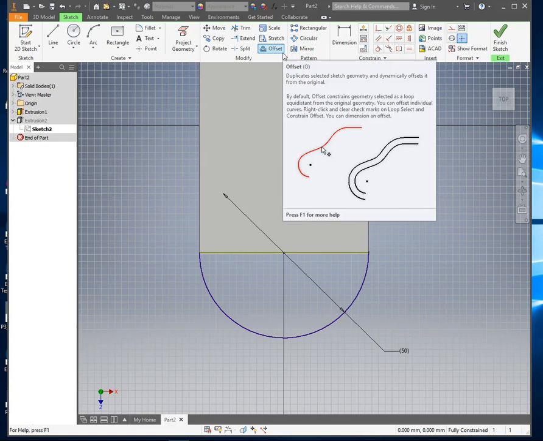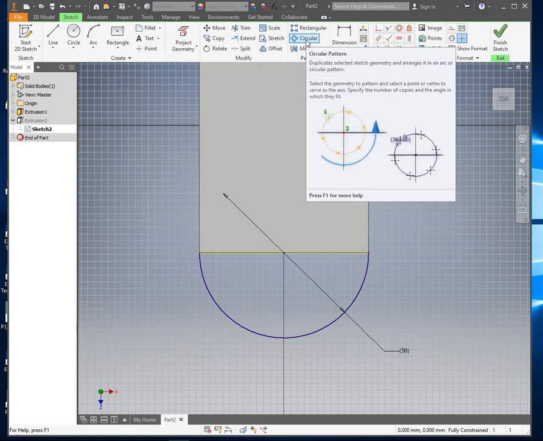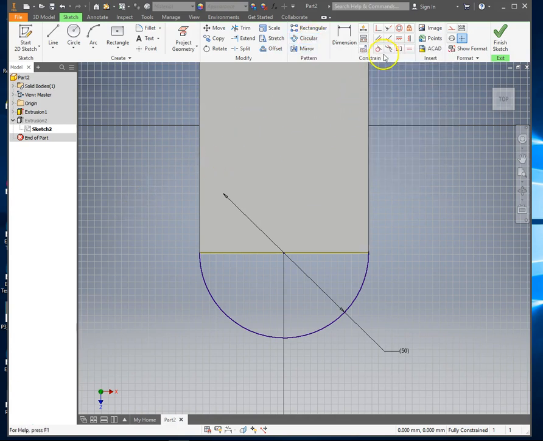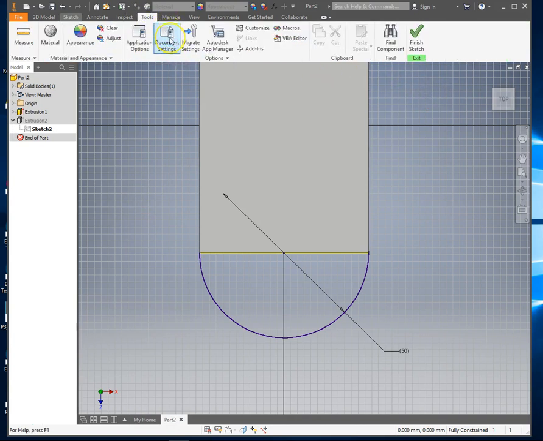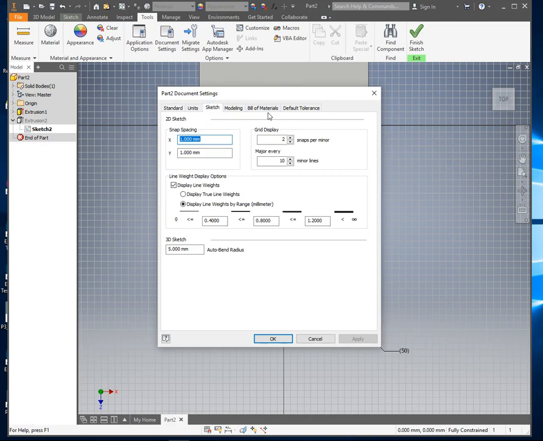If I want to be able to snap to the grid lines, or I want to be able to change the number of grid lines, if you see all these grid lines there, then that one is under Tools, Document Settings, and this is another question if I didn't mention that, and Sketch. So both of those do have a Sketch tab. Now you see this is my snap spacing, and I can change the number of grid lines here if you want to do that. So I click OK,